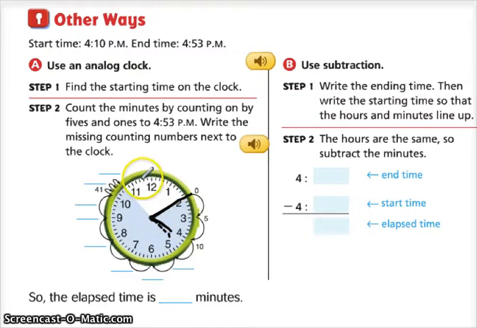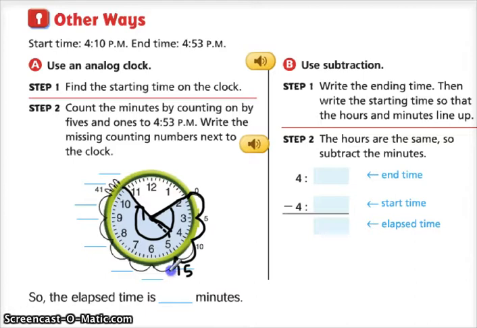And our minute hand would be at 5, 10, 15, 20, 25, 30, 35, 40, 45, 50, 53. So this is where 4:53 would be. So to figure out the elapsed time, we have to figure out the time that passes in this area. So remember, we can count from one number to the next by 5 because there's 5 minutes between the hour numbers. So we'll start here and we'll count 5, 10,